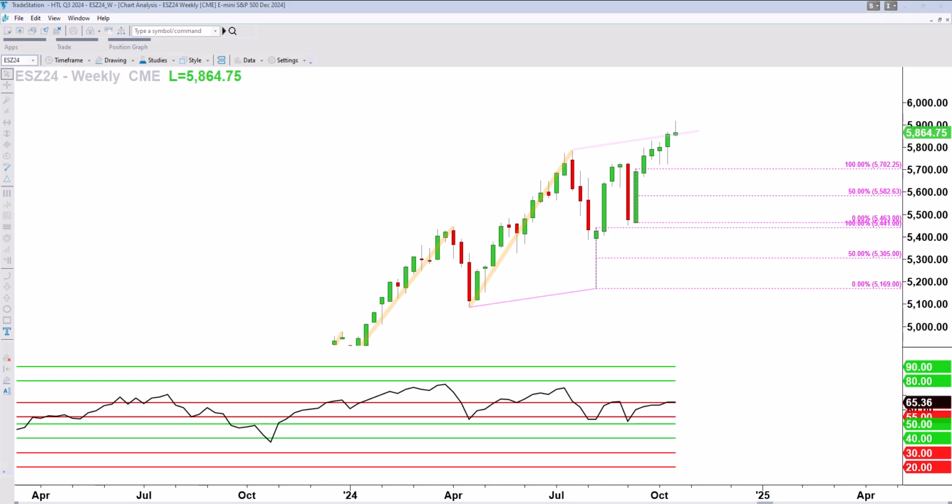The markets had some sharp drops today, and looking at the E-mini S&P 500 futures, I want to get ready for the next day by rewinding back to the weekly chart, moving down to the intraday, and sharing my prep with you. So here I am on the E-mini S&P 500 futures December contract, weekly chart,